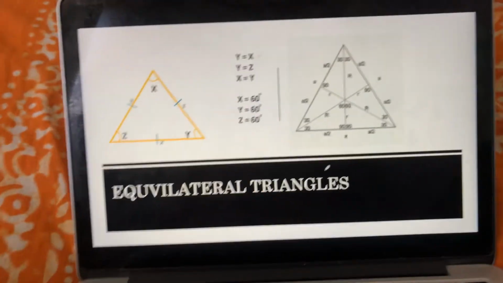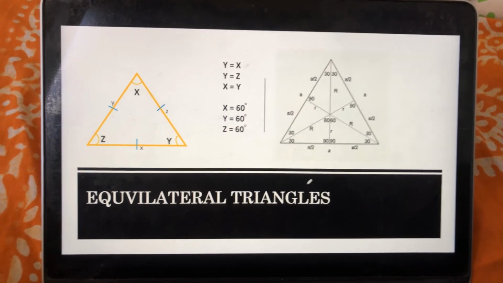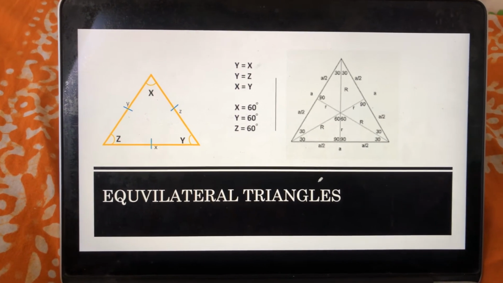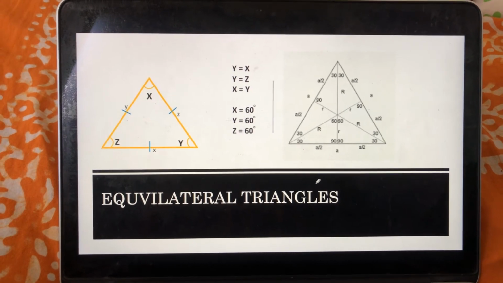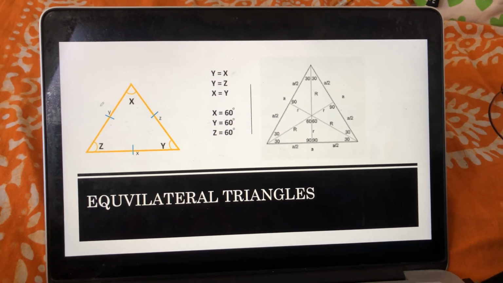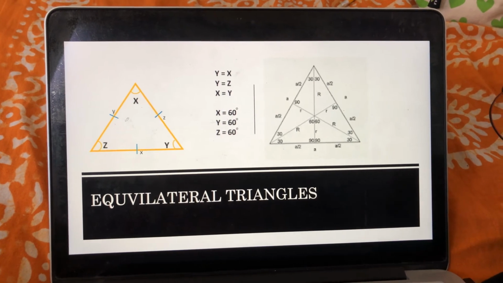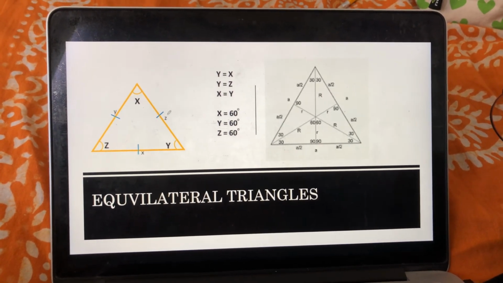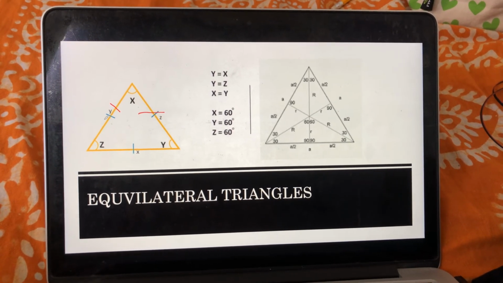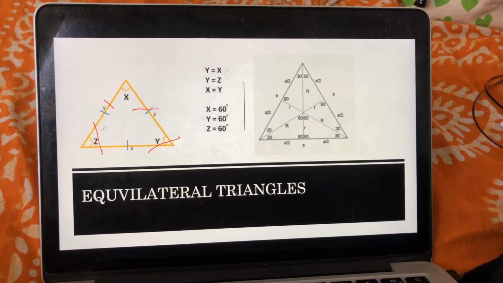Okay, so we have finished one part. Let's move on to the next part. We already studied what equilateral triangles are, if you remember from the first part. Equilateral triangles are nothing but those which have equal sides. So when a triangle has equal sides, it means the angles opposite to them are also equal. For example, let's consider sides y and z are equal. So these two are equal. Angles opposite to them are these two angles. So we have to have them as equal.